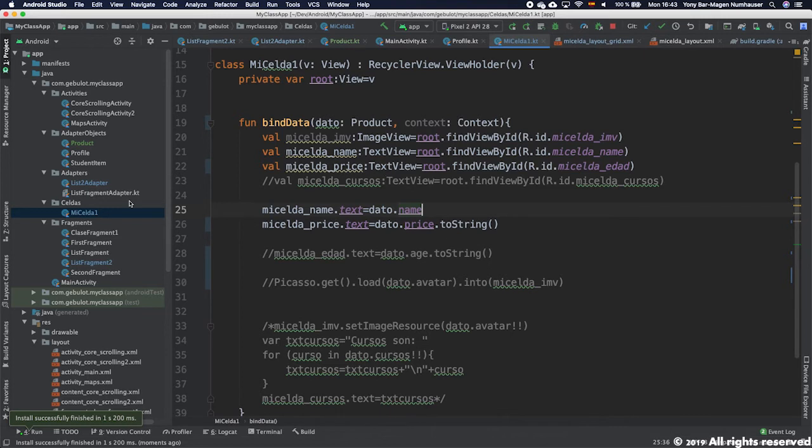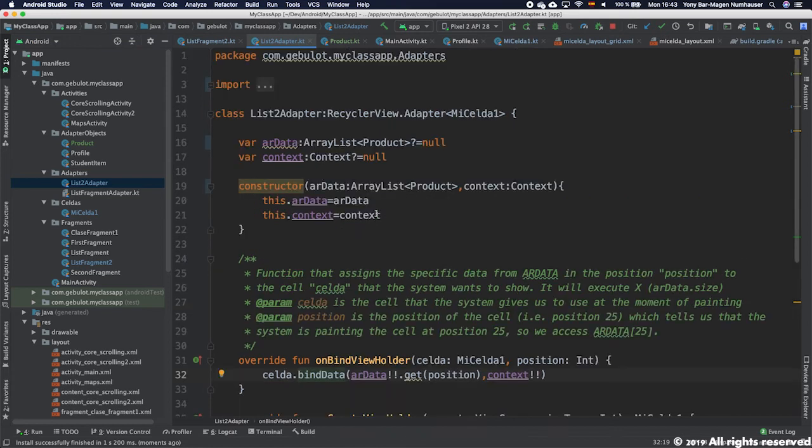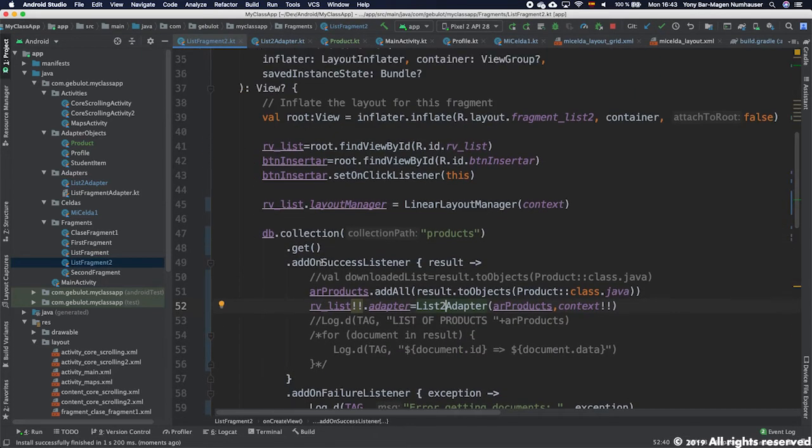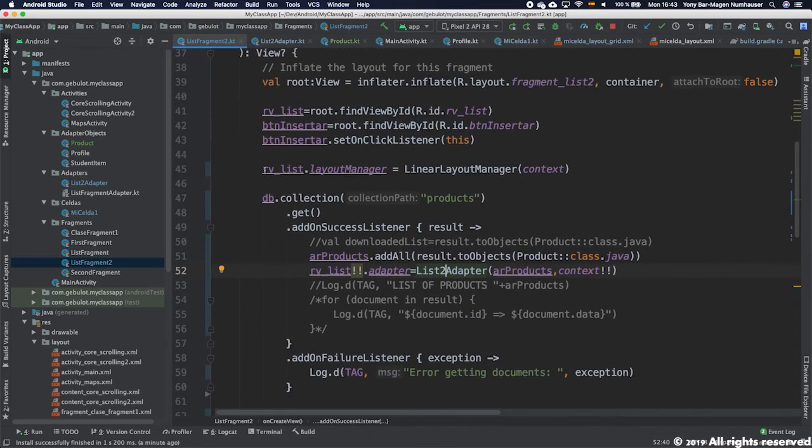Before I enter into images, I'm going to make a quick summary of what we did. So what I did was, sorry, let's start again. In the list fragment, which is the starting point of all this, I download the products. I add them to an array of products. Then I create the adapter